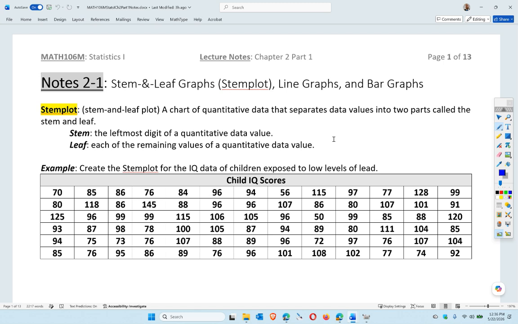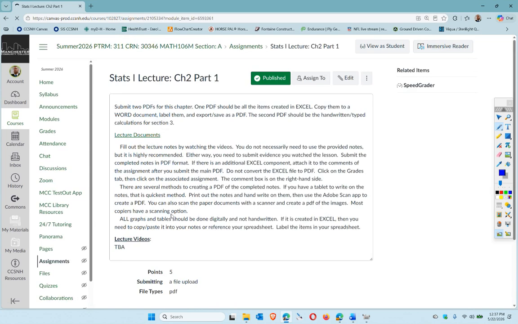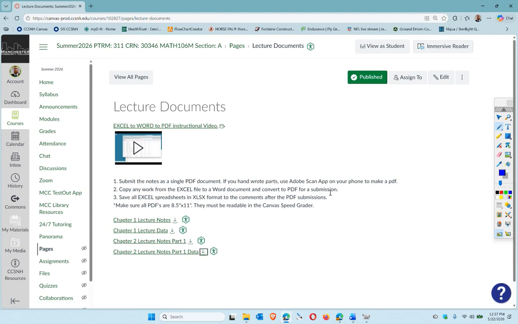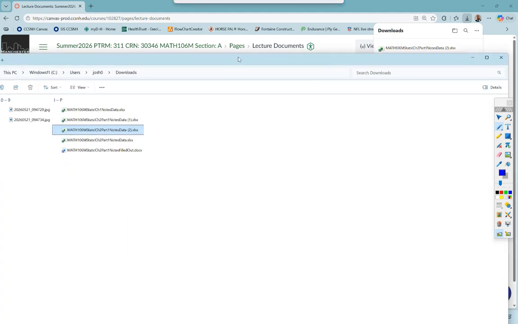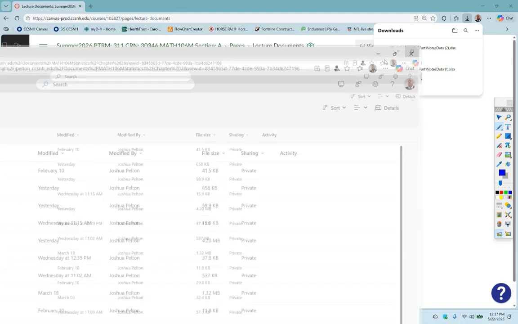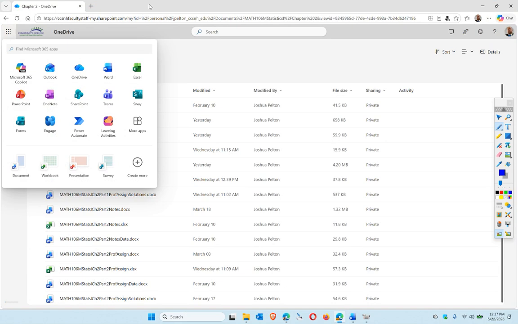In Section 3, you're going to be doing hand calculations. Okay. So for the stem and leaf plot here, if you go to Canvas, you'll notice under the lecture notes and the lecture documents that the notes are right there, and you're going to want to download the actual data. And once you have the data downloaded, drag that data file from your File Explorer into Office. So go to office.com, log in with your student account, and go to your OneDrive, and then drop that file into